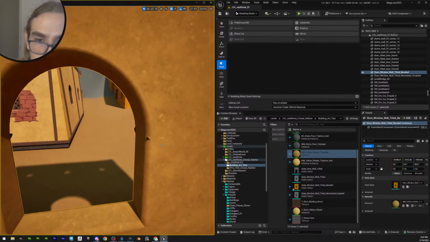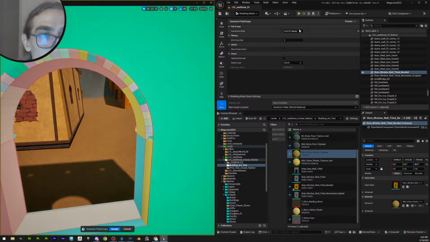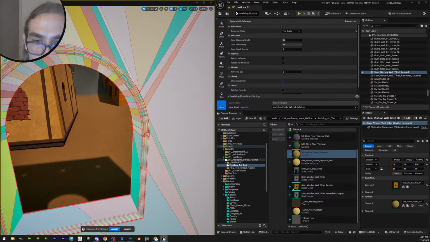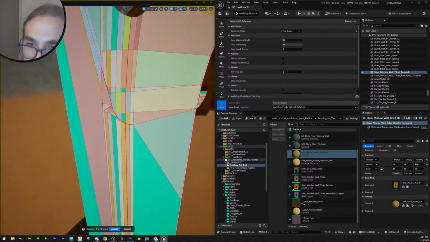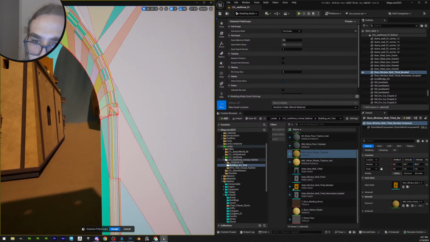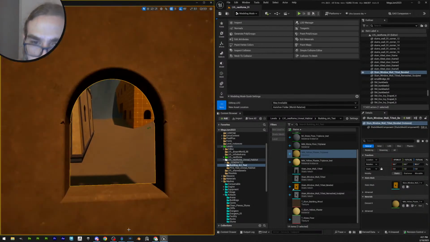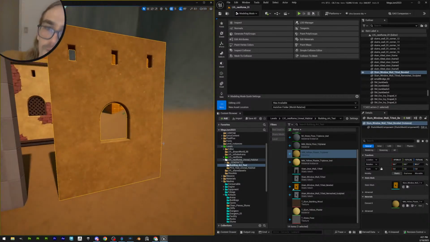I think I won't be able to get that until I get the attributes. You see all these, oof, we have super problems there. Okay,